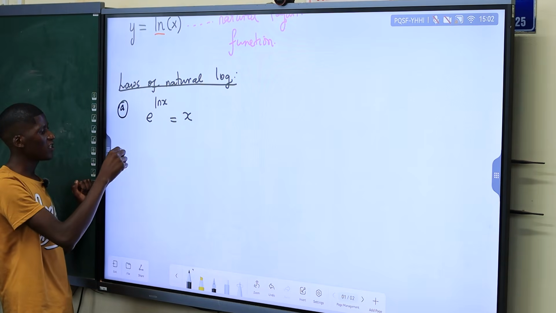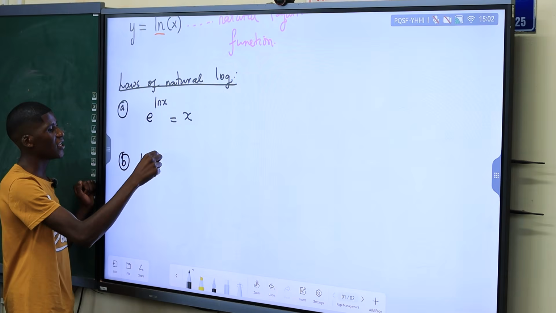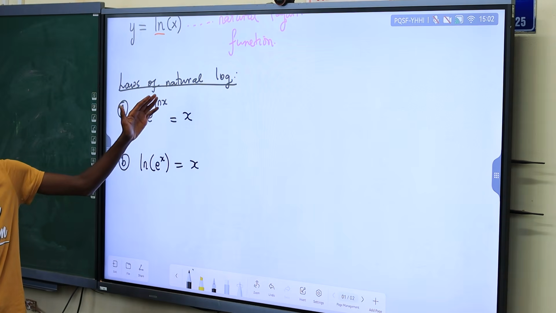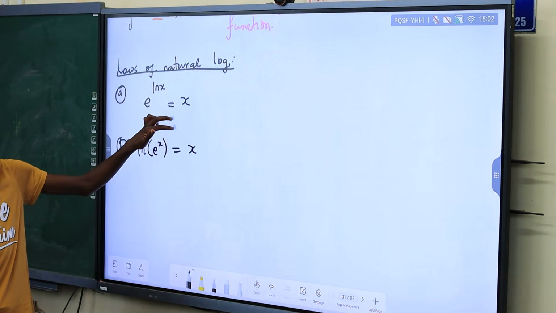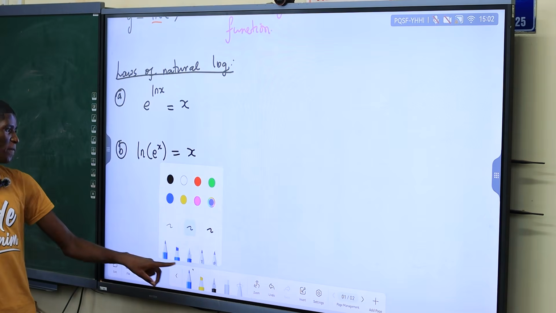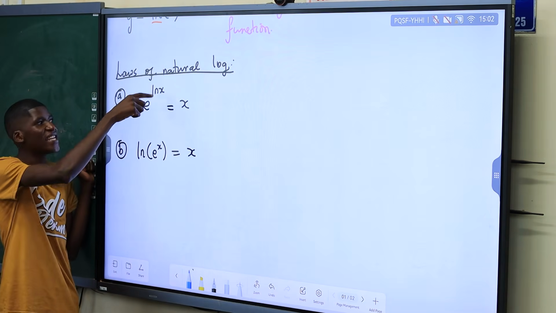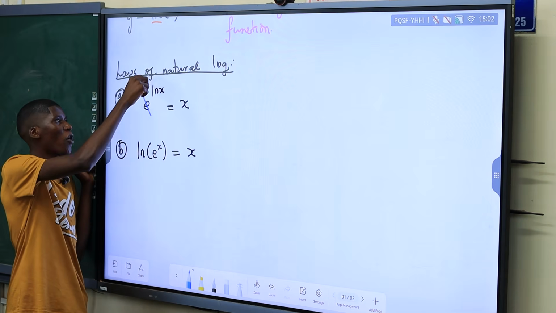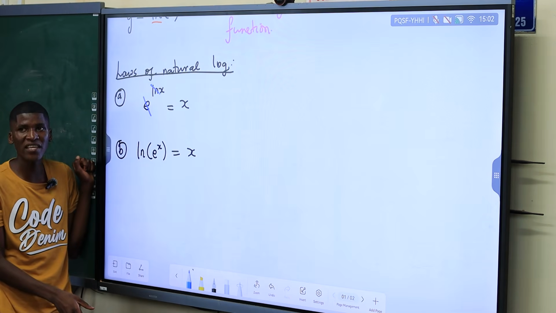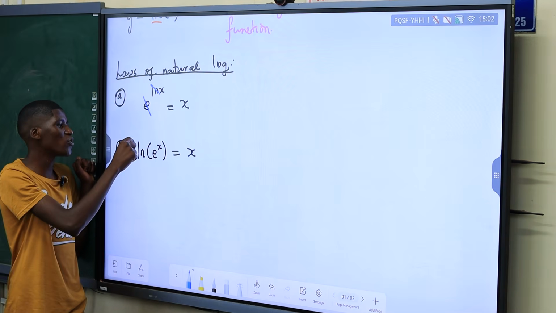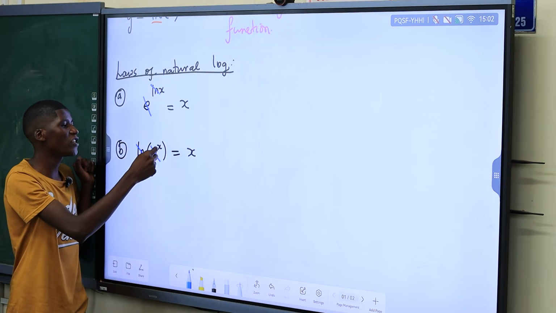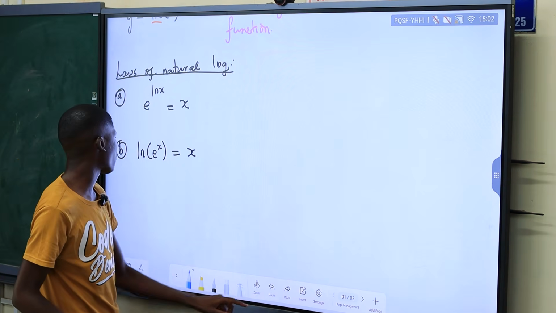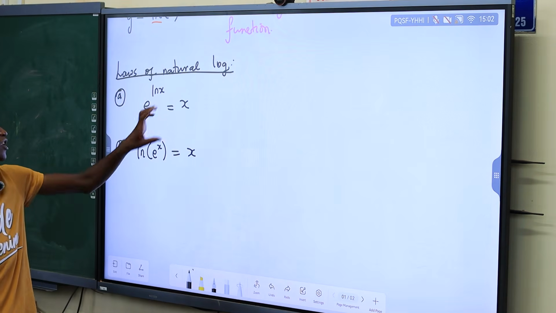And then the second one is going to be ln e to the power x is also equal to x. Do you know these laws? Okay, perfect. So basically, what happens here? e and ln are able to do what? To cancel each other. You see that. So e raised to the power of ln cancel each other such that you remain with x. Or we can say that ln of e to the power x, ln and e, they can cancel each other. But now where is the cancellation coming from? Let us start by seeing how we get to these laws.